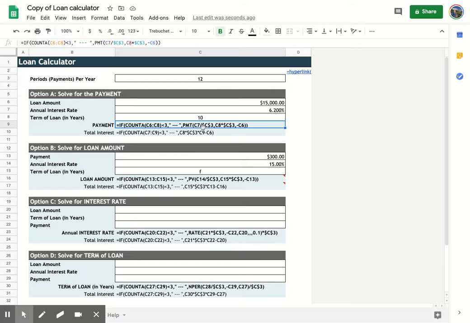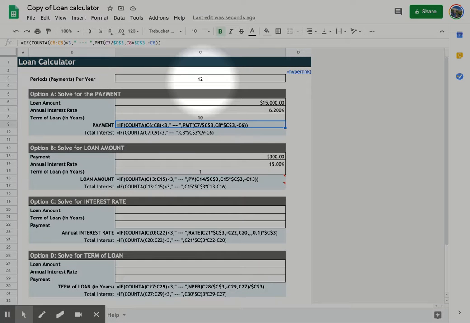And notice this $C$3. That's what you put the $ in those cases to indicate an absolute reference. In other words, you're always trying to refer to that cell. If you were to paste this formula into someplace else, it would still say C3, even though the other numbers would change. So the $ doesn't affect the math. It just affects what cell it's coming from. So here, it's always coming from the